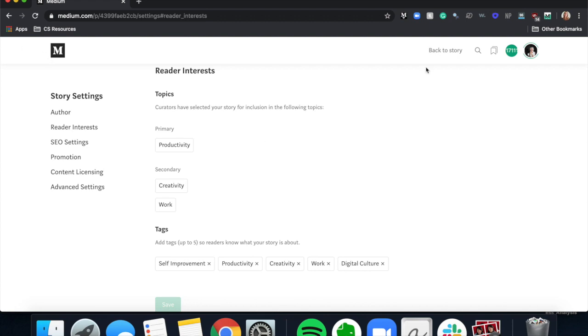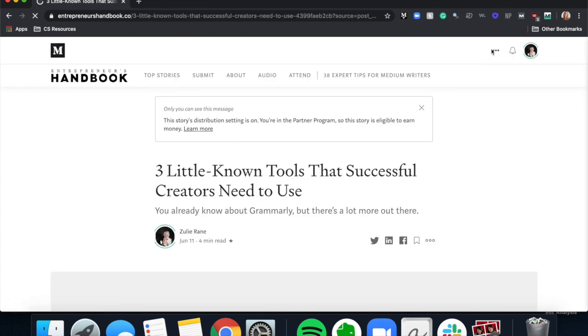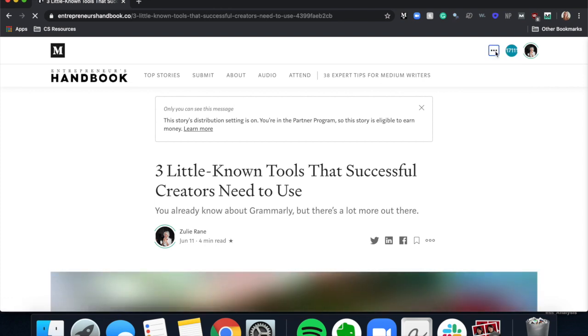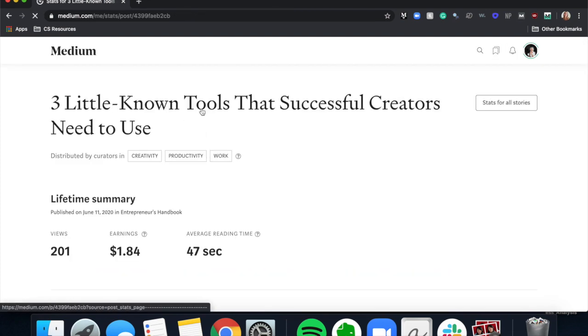So if you go back to your story stats, you might not see that if you're still in the curation queue. So if you go to Stats, under the title, you're going to see something here that's going to tell you the status of the curation there. So for example, it'll say pending curation, so the curators still haven't looked at it. This can take up to 2 weeks, especially if you're a newer writer. Or if it's not been curated, it'll say not distributed or not curated.